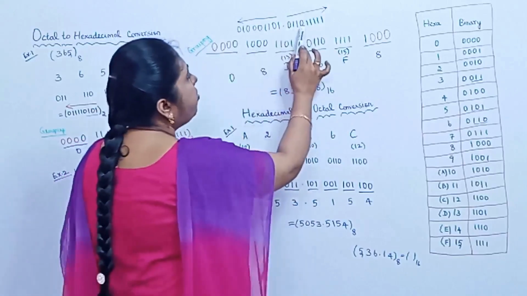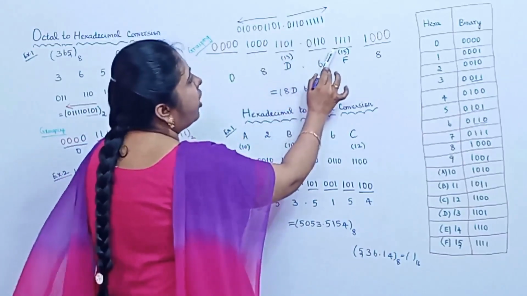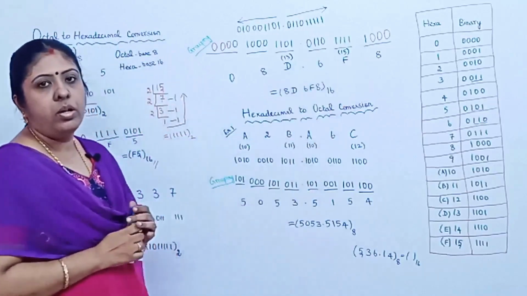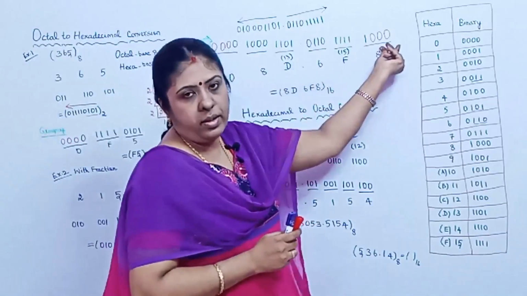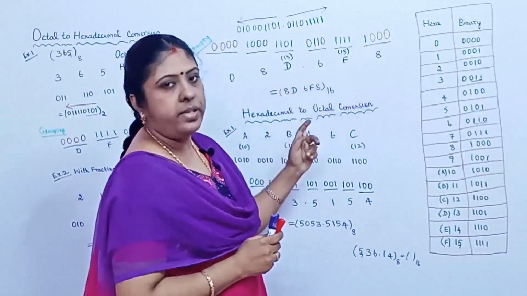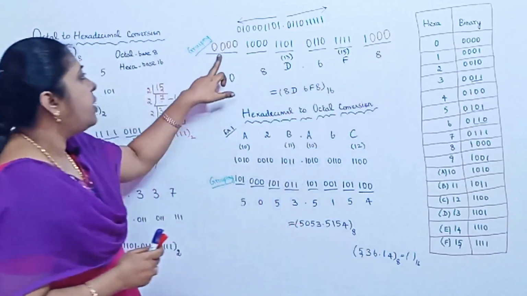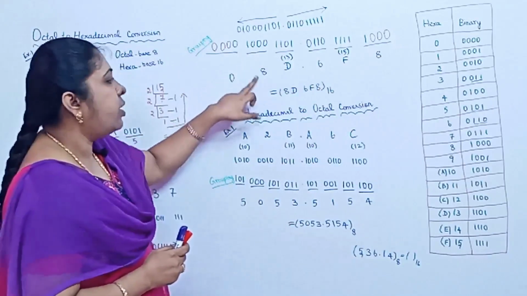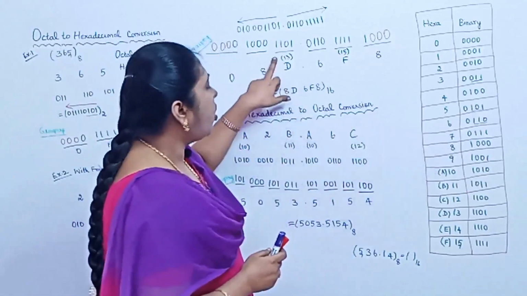So the first 4 bits are 0110, and then again 4 ones. Again we are left with 1 0. According to the rule, we can add 3 zeros at the end. So for converting to hexadecimal, we are adding 3 zeros. Now this 0 represents 0, and then this 1000 represents the value 8 here, and then